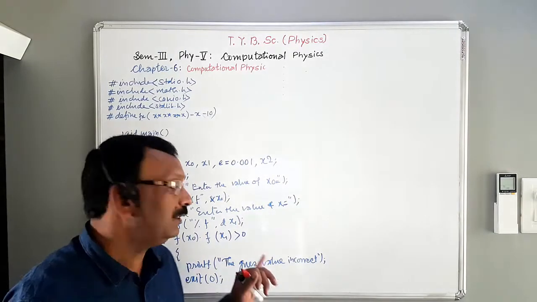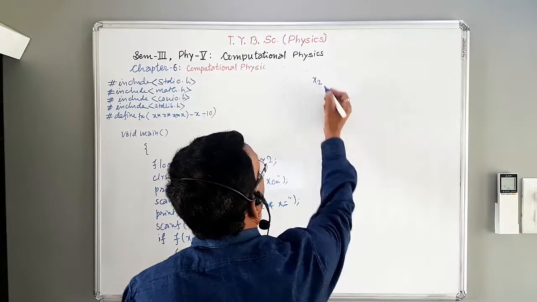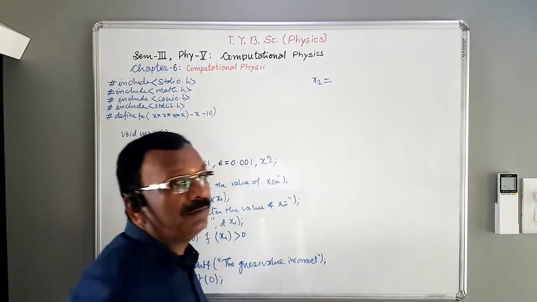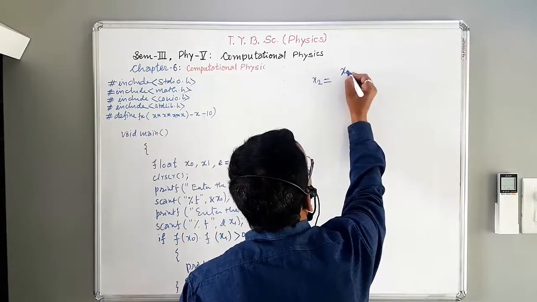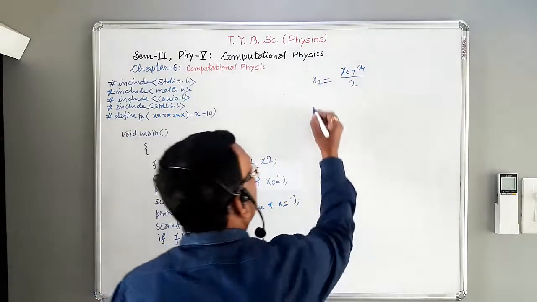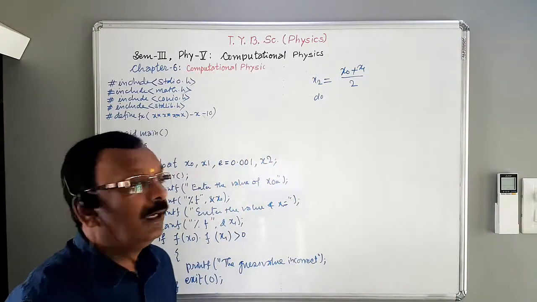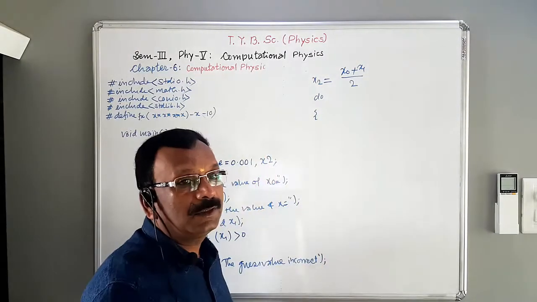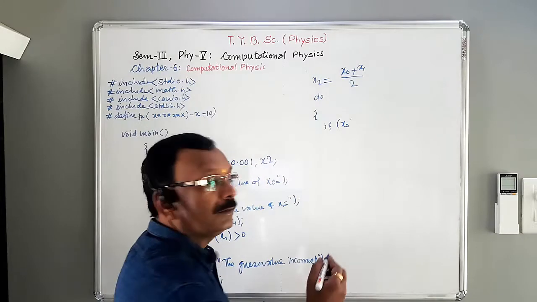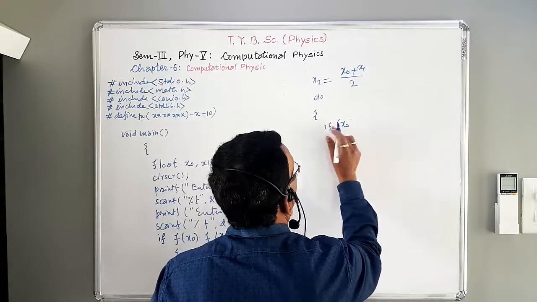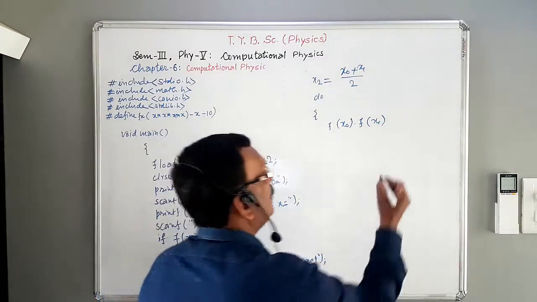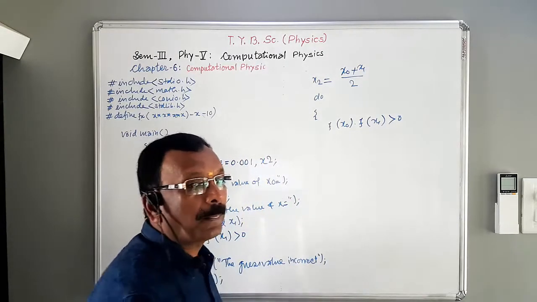Otherwise, if this is not so, then we have to check the midpoint, and the midpoint of the two initial values is nothing but x0 plus x1 upon 2. This is the midpoint. After that, check the condition: if f of x0 into f of x1 is greater than 0, yes, then